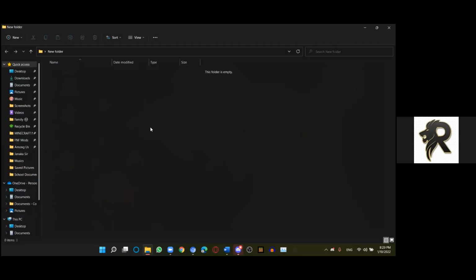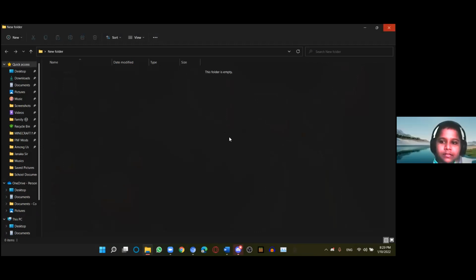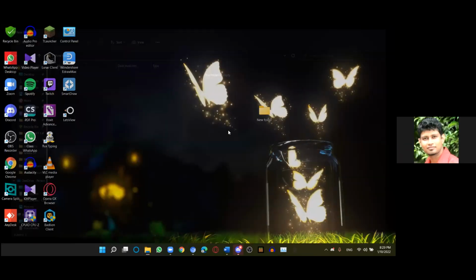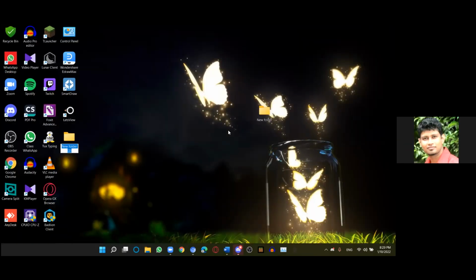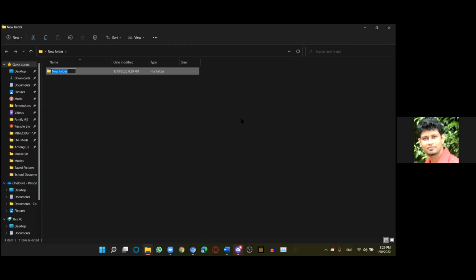Control Shift N. Inside that folder, please press Control Shift N and you will create a folder. Rename it under your name. To rename, once you create it, you can type your name and press enter.